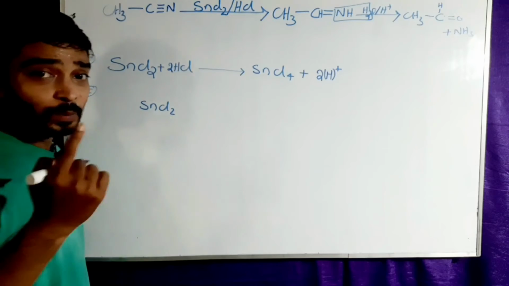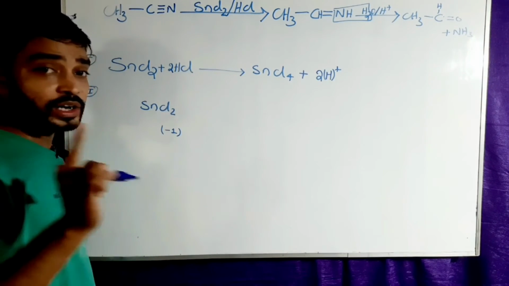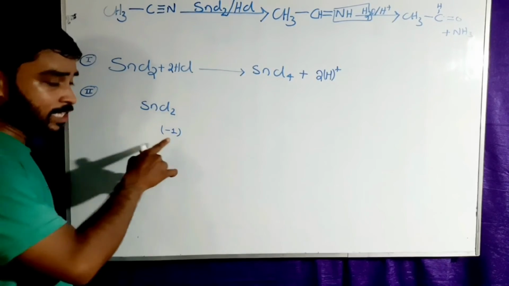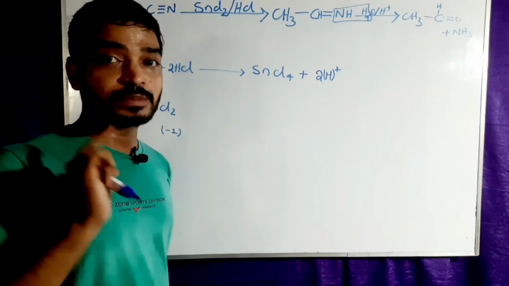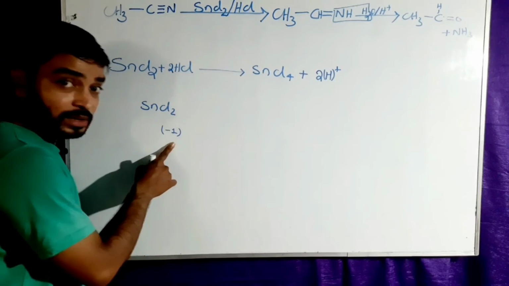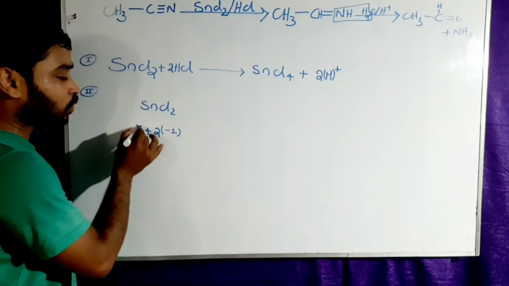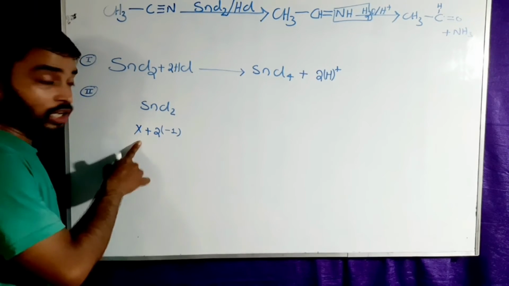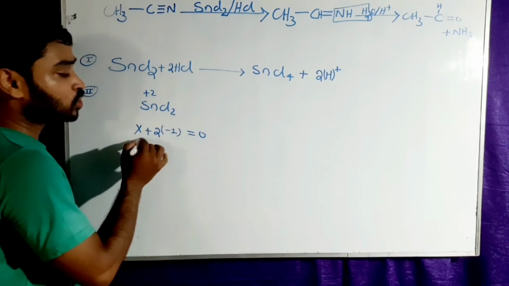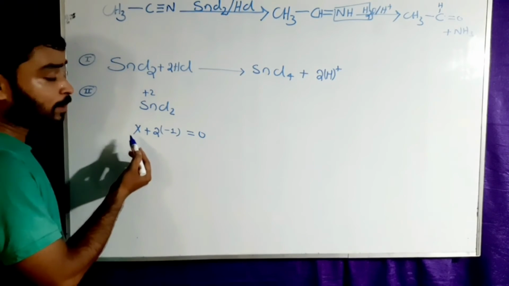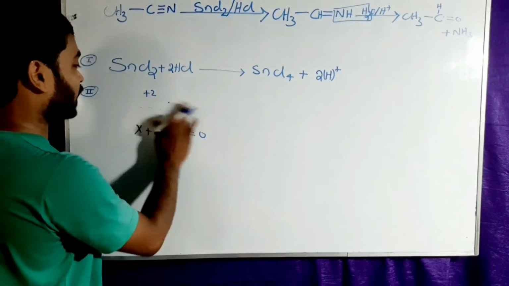You can mark how +2, because chlorine has the oxidation number -1 according to the rule, that means all group 17 elements have the oxidation number -1. So 2 chlorine atoms have the oxidation number -1 into 2, and for stannous we are taking X. So the X value here will be +2 because the charge over the compound is 0. So solving for X, we get +2. So the SnCl2 part,